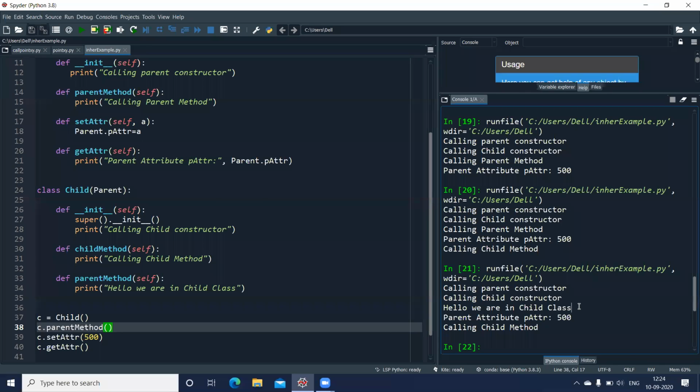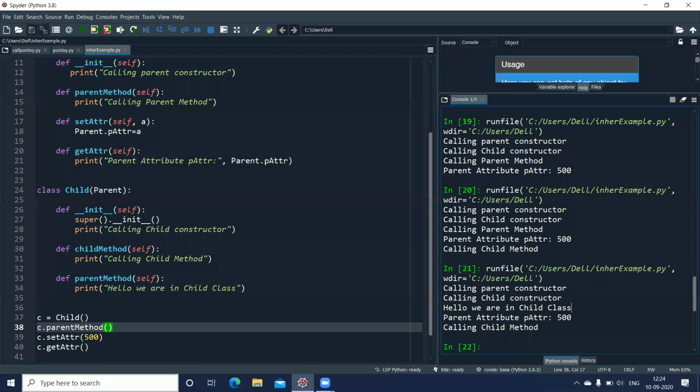Whereas in this case, my signature, or you can say the definition of my method, is similar to the one which is there in my parent class. The arguments are also same, 0 arguments. We have only the self keyword there. So this is overriding.